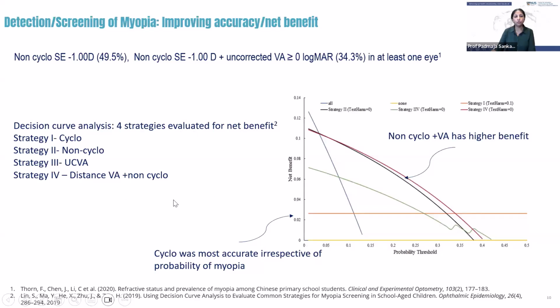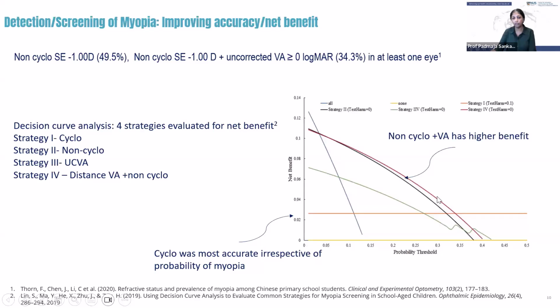Now, again, in a study that was conducted out of Shanghai, what they did was to look at 4 strategies for the net benefit. So here they looked at cycloplegic refraction, non-cycloplegic refraction, uncorrected VA alone, as well as distance visual acuity combined with non-cycloplegic refraction. And what you see in this graph is that irrespective of the probability of developing myopia, cycloplegic refraction was the most accurate in terms of detection of myopia. However, when it comes to what we call the net benefit, what we see is that non-cycloplegic plus visual acuity